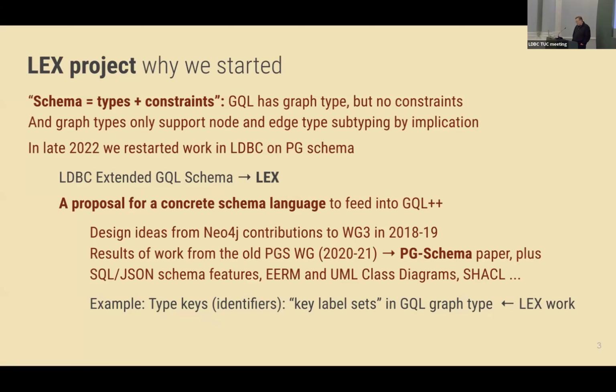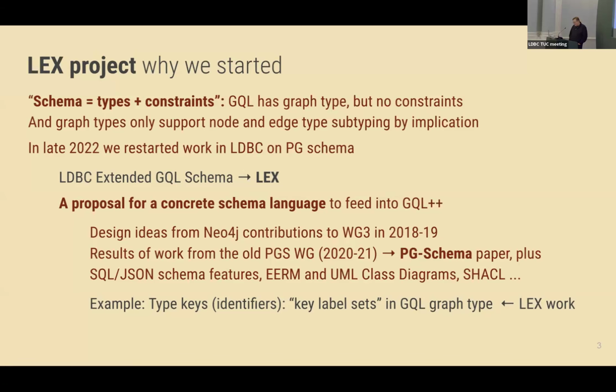We restarted work in LDBC on property graph schema because there was a prior working group which was headed up by Jan Hidders, who's on the call and is an active part of the LEX group. The work carried out there went roughly from the beginning of 2020, for a couple of years, and resulted in the PG schema paper, which is an important record of some of the key ideas behind GQL graph types and some of the things that didn't make it into GQL graph types. So one of our jobs from a LEX perspective is to